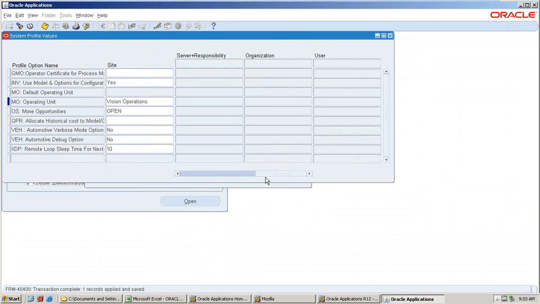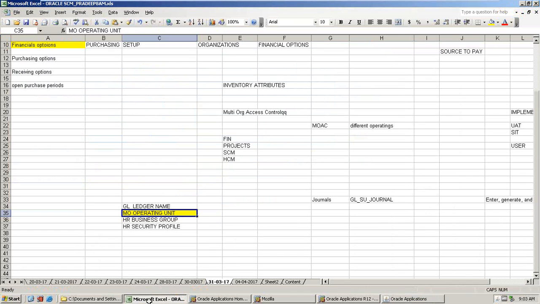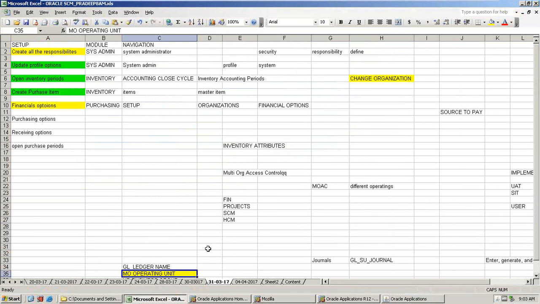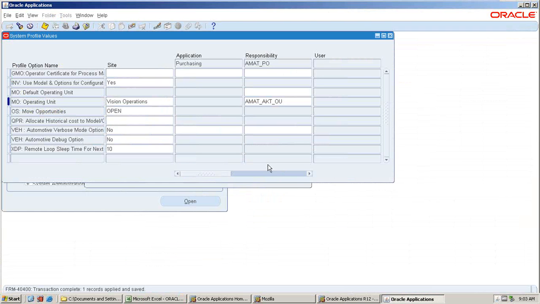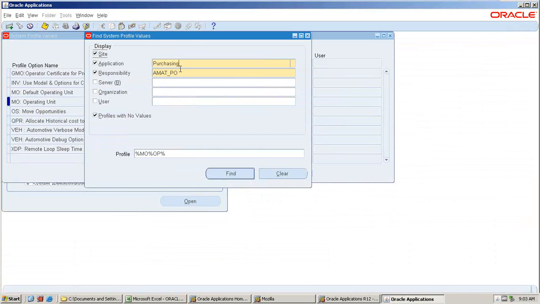Because we deleted, right? Once we deleted that org, what happens is by default it has taken Vision Operations. Earlier ours was this one, right? Santa Clara. So once we deleted it, it has taken the Vision Operations by default. So now we delete and